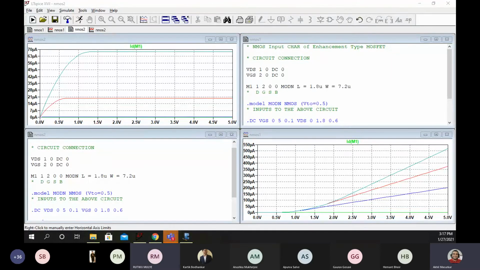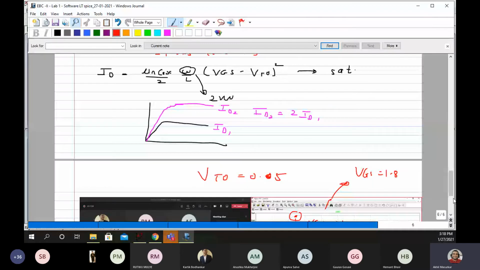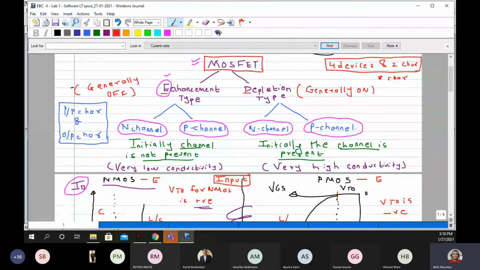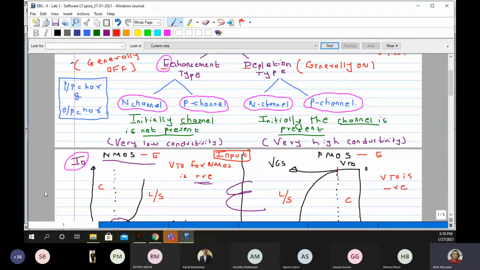Okay, Shruti, correct. So now you all have plotted the input and output characteristics of enhancement type NMOS. So what we have covered now is this. What we have done is the first one. 1, 2, 3 and 4.